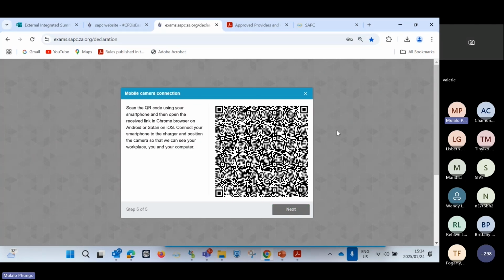takes me to my cell phone, which is the second device that Lisbeth spoke about. And at this step, it's a QR code that's being displayed, and you'll stop me if I'm now going ahead of the participants. So I need to then take my phone, similar to what you did with those Microsoft question forms. You need to scan the QR code with your phone. So do make sure that your second device, your tablet or your phone, cell phone, mobile, is able to do this